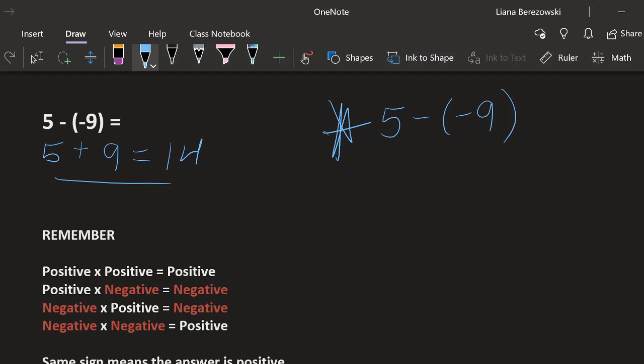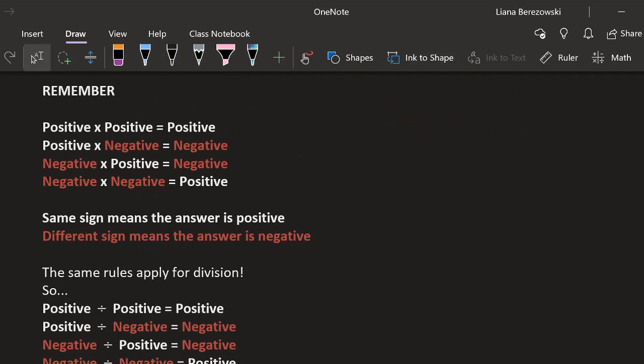The way that I always visualized it in my head was taking that subtraction sign, flipping it 90 degrees, and then putting it on top of the negative sign of your second number, right? So then it becomes 5 plus 9, which is exactly what we ended up with over here. That's just one little trick that I always like to use. Again, if it doesn't make sense to you, totally fine. Just keep doing what you're doing. If you like it, then feel free to, it's now yours. I give it to you. Just another little tip that you guys can use.